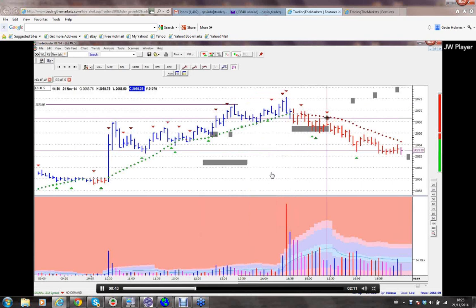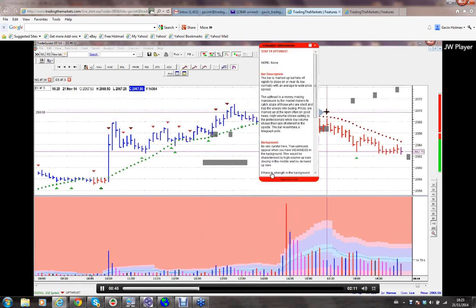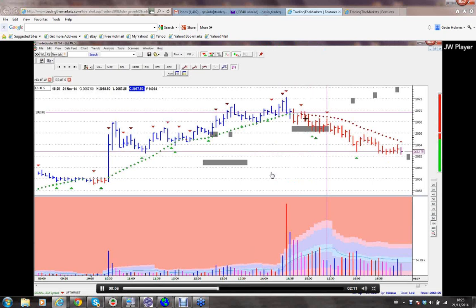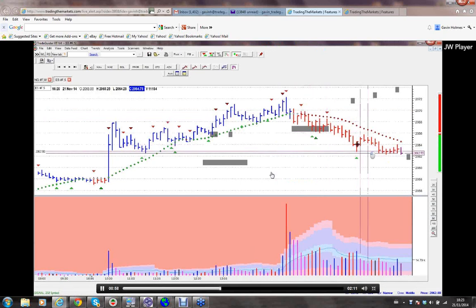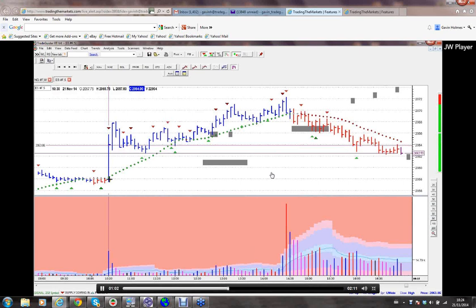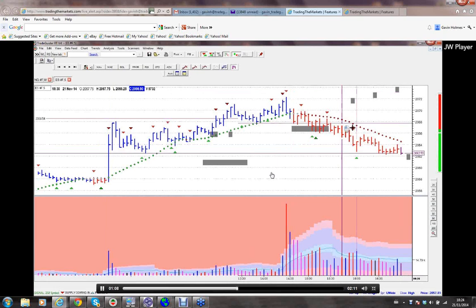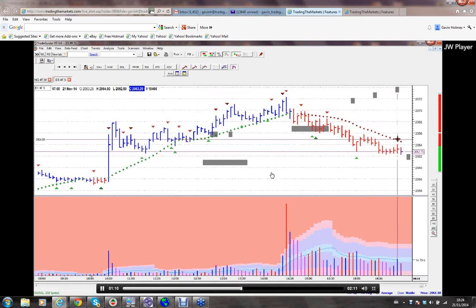We then had here an up thrust, and that's exactly what you're going to look out for now on this 5-minute chart. You want to be looking for no demand bars, any up thrusts, any signs of weakness. But at the moment, I'm with Tom Williams, we're just looking at these charts. There is no obvious stopping volume here at the moment, and we do know we've got this markup in the background as well. So they may be coming down to test this bar here at 2058. But you've got a nice downtrend here in place. So any up bar on low volume or an up thrust confirms the weakness.